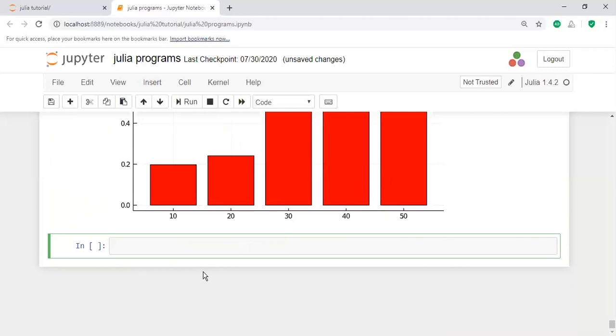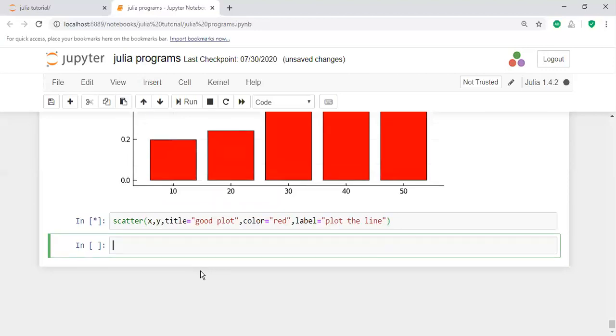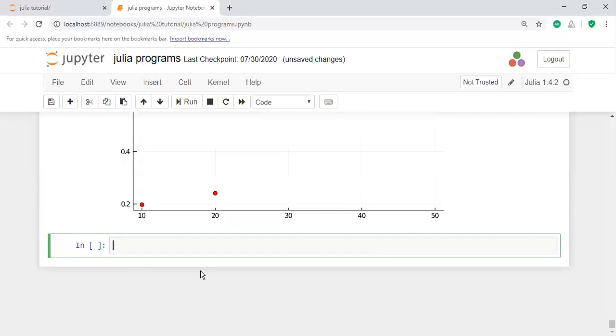Here the scattered chart. Similarly, scattered, same, instead of plot here scattered plot. Here this displays the scatter. Similarly histogram, histogram of y. Yes, same information. You may take the same information. For example, copy it, paste here, histogram. Here I am taking the histogram for x, not x value. I am taking only the y value.